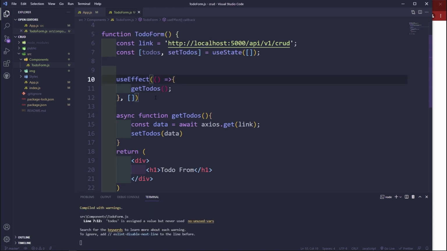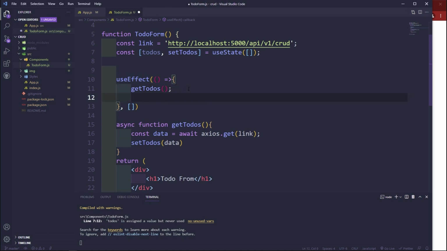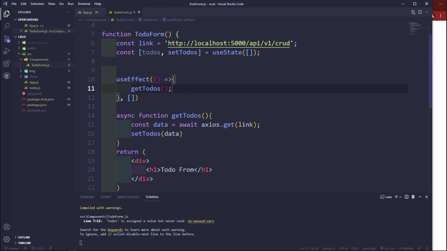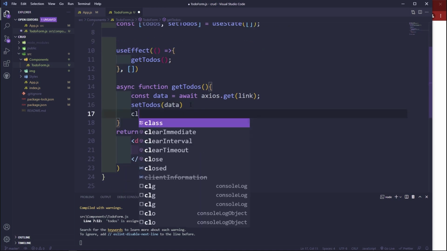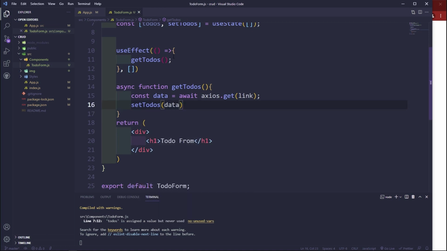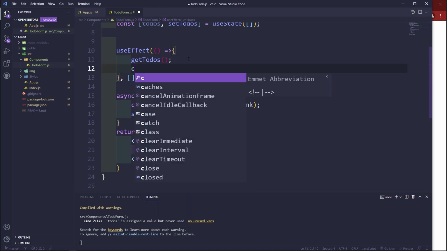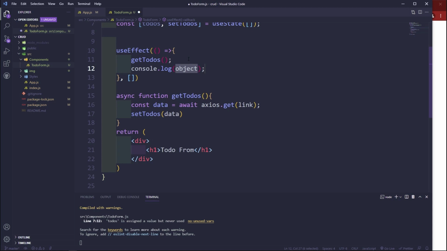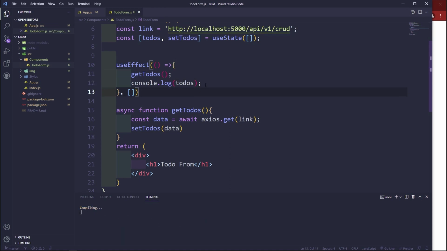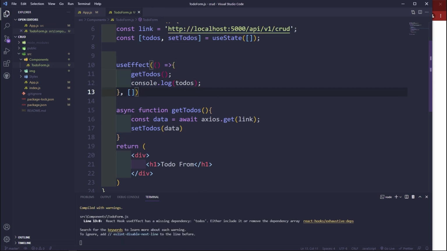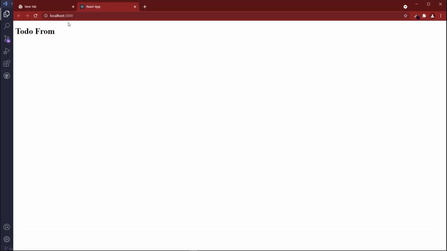Okay, so now let's save, and then we can actually console log this. Let's do it here. We can actually do it here. Console log, and then todos. Okay, because we've set the data in setToDos already, so we have access to the data inside the todos now. Okay, now let's refresh, and then when I press F12,